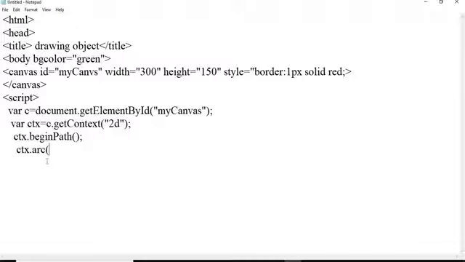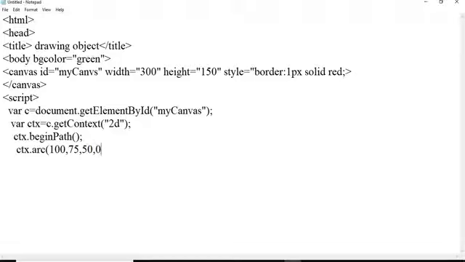So we are going to define the circle parameters like this. I am going to have the x direction as 100, and the y direction as 75. Then we have radius like 50. Then we can have the starting point of that circle 0.